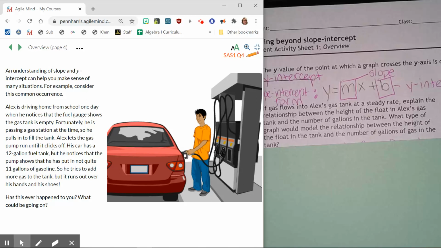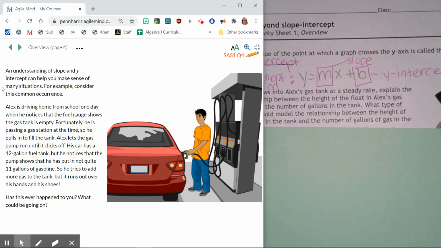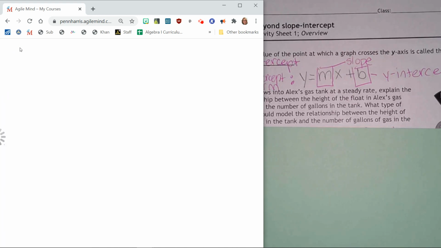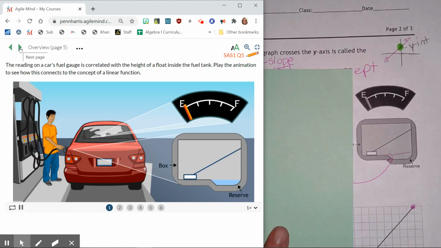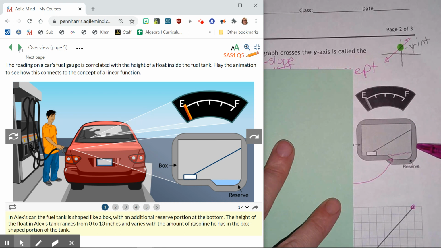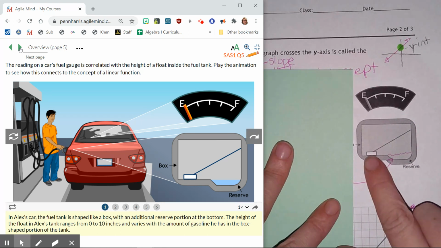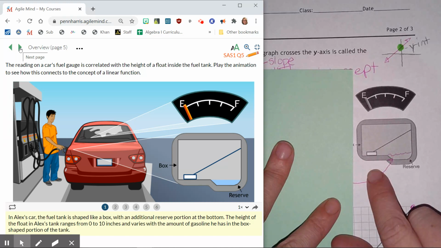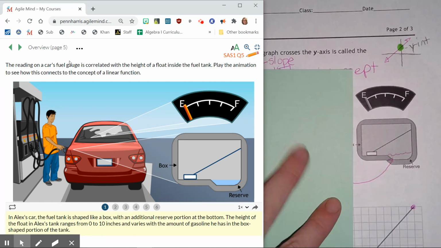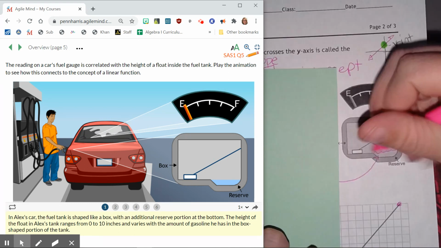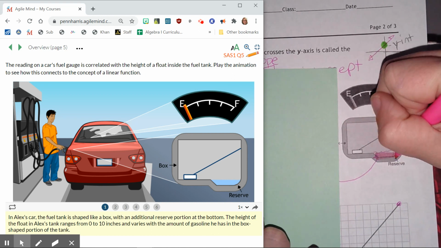Okay, so let's think about that. I don't know if you guys are aware of this, but we have these fuel tanks, okay? Most fuel tanks look like this, guys: we've got our tank, and here's the little sensor. This little plug right here is what says if the fuel tank is empty or full. So right here, it's on the bottom. So our gauge reads empty. However, we have this little section over here